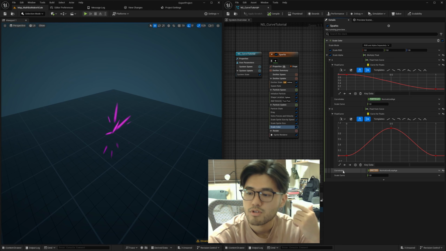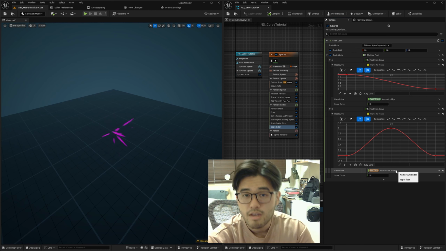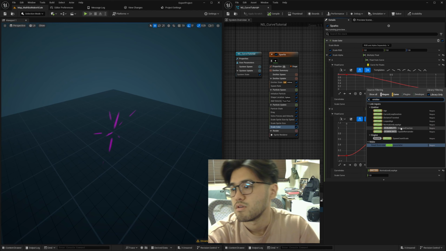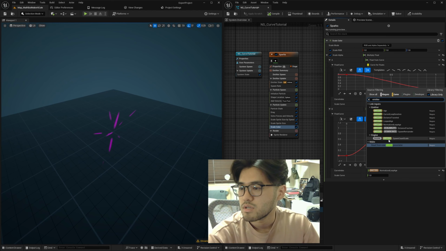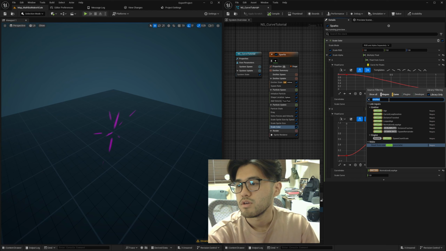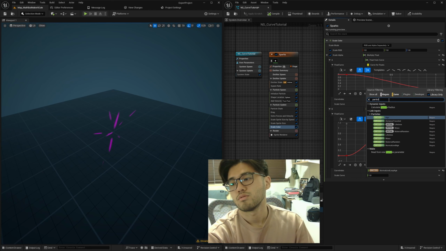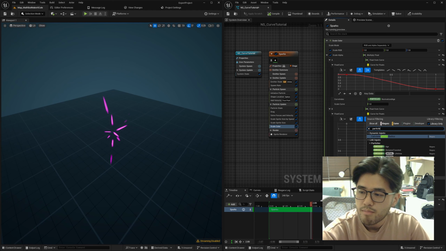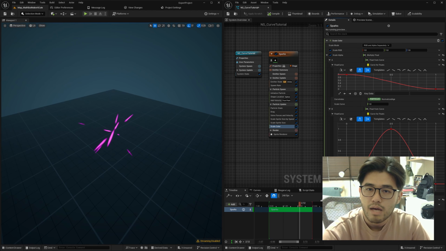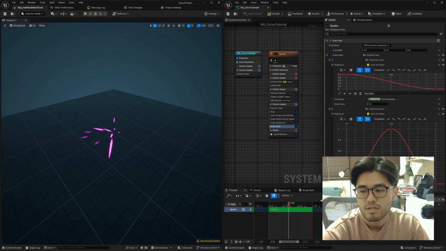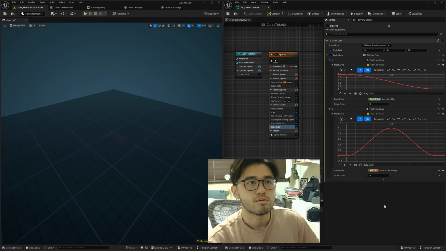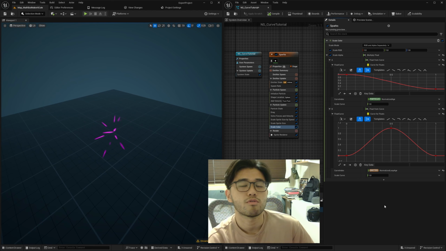So actually for this curve index, you can input anything as long as it's a float type. For example, if you just search for emitter, you can see you have age, current loop duration. There's a lot of inputs that you can use. There's also the same thing for particles, not just the normalized age. Basically, any value that is a float, you can put it inside here. So this makes the float from curve a very powerful tool to create VFX, which brings me to my third usage of this float from curve,